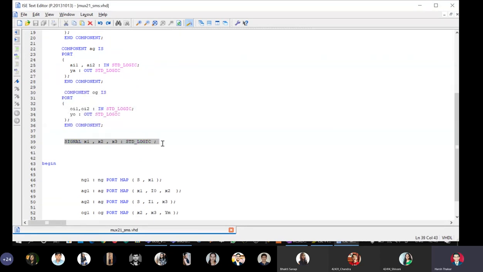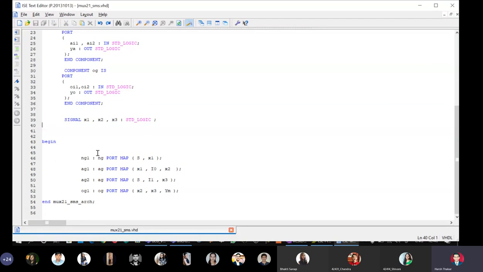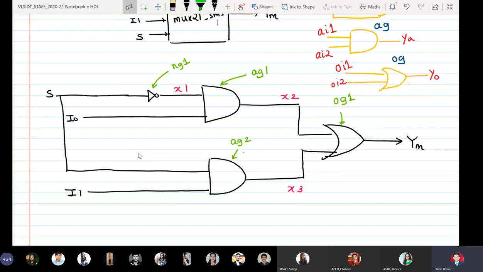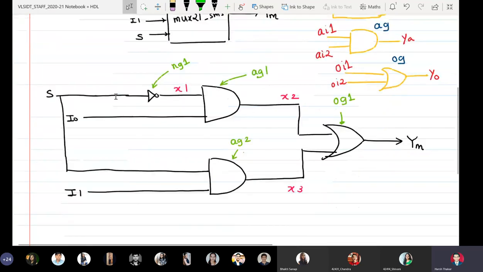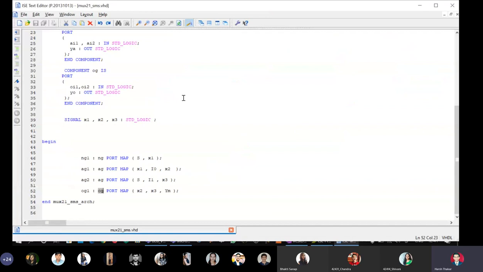Then I have defined the intermediate signals, and then in the logic part, I have done the component instantiations NG1, AG1, AG2, OG1, and mapped them to the components NOT gate, AND gate, AND gate, OR gate. And then as per this diagram, I have mapped all the signals of the parent I0, I1, S and YM along with the intermediate signals inside.